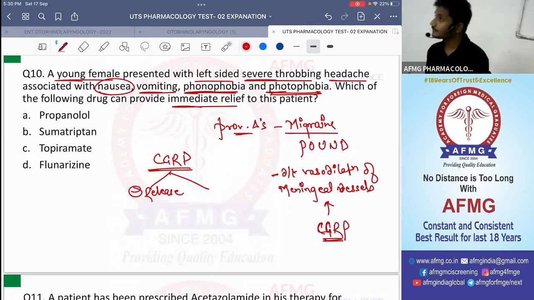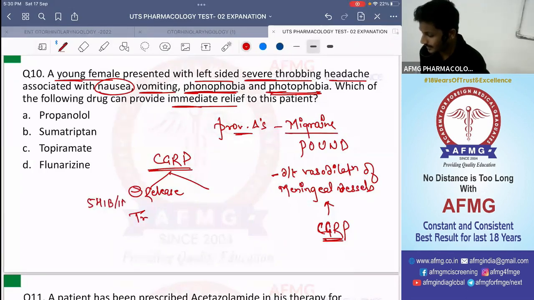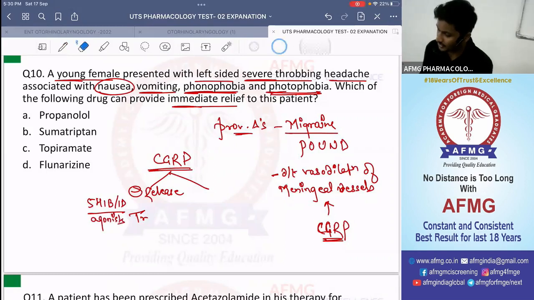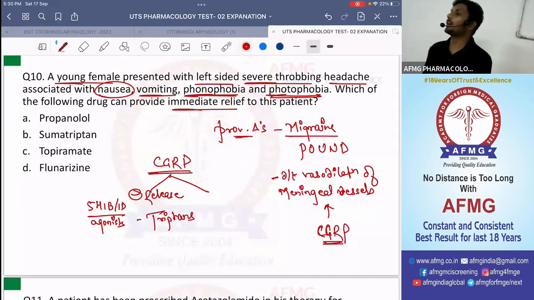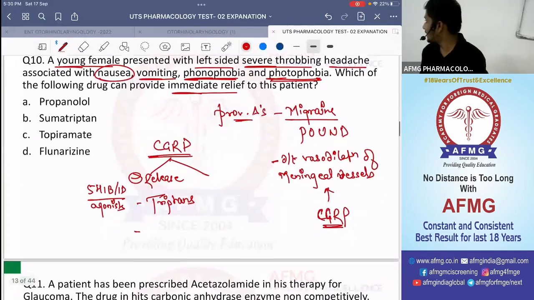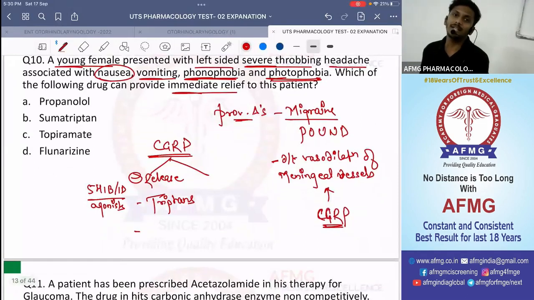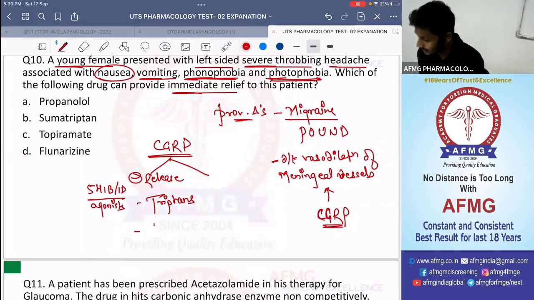Usually drugs like 5-HT1B 1D agonists, and these 5-HT1B 1D agonists are drugs like triptans. That is your sumatriptan, rizatriptan, fruvatriptan, all of these drugs. Whereas the other drugs which also act by the same mechanism, that is 5-HT1B 1D agonism, are drugs like